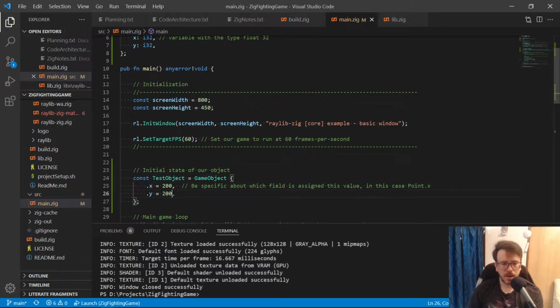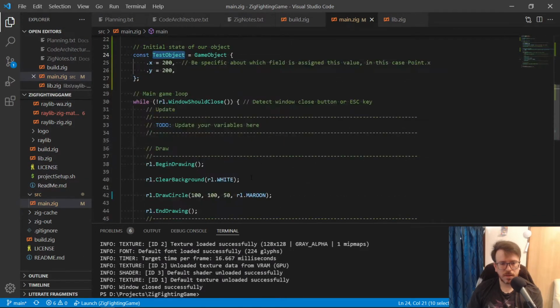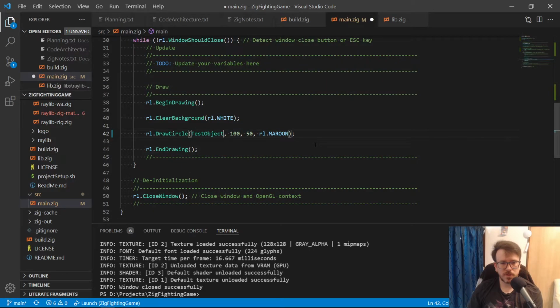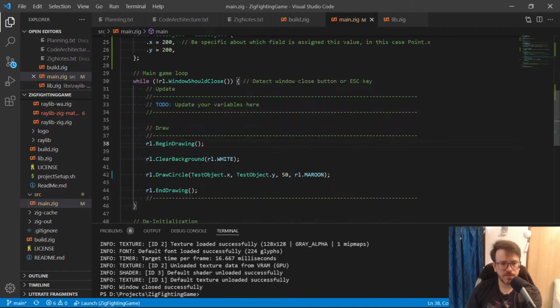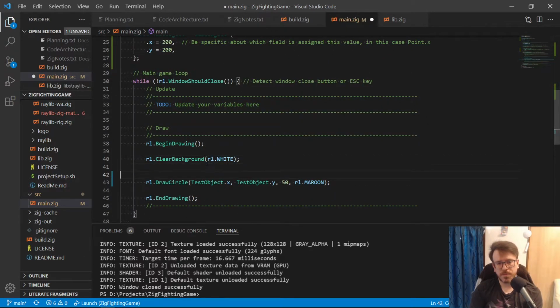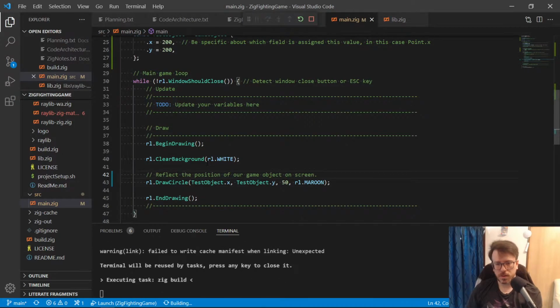Okay. And then, instead of drawing this, we're going to draw X and Y. Okay. And just to show that it reflects, see if that works.